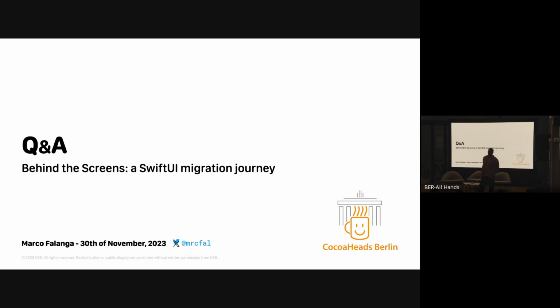Do you use multiple view builders based on the OS in order to fix your issues? Just today I was talking with a colleague about that, the famous if modifier, right? This is what you ask, right? Yeah, like if you have a different view builder for iOS 15 and up. Ah, iOS 14, okay, for example. Okay, now I got it. So we don't use availability checks API usually in our app because it makes